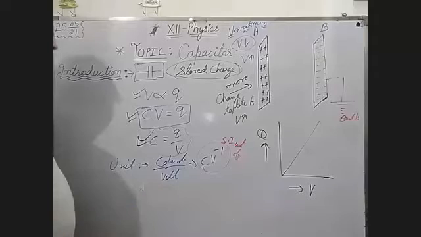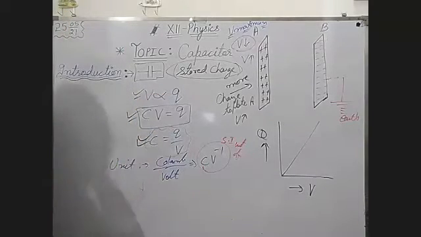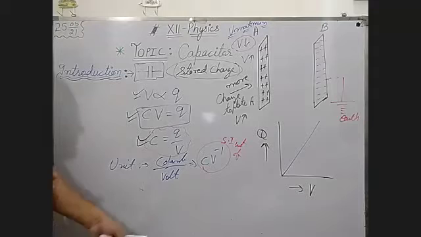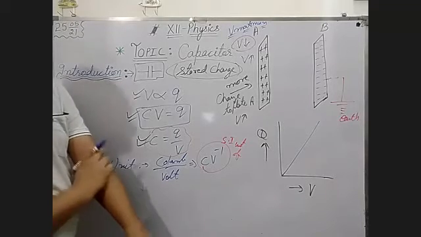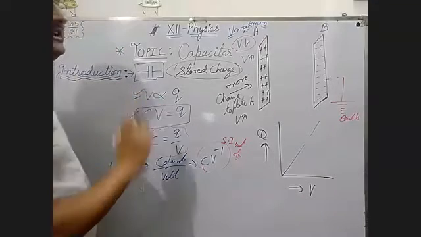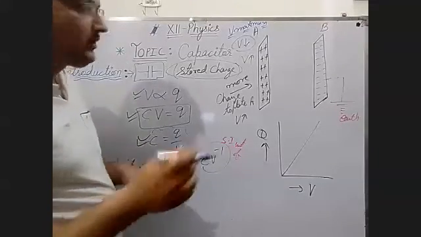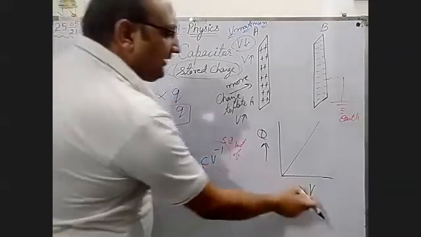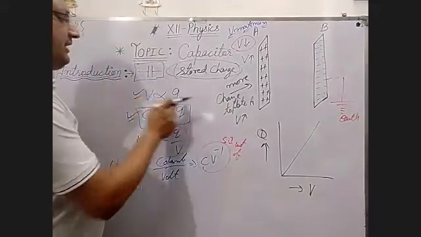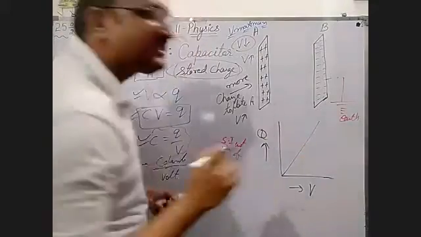Now next thing is correct. Okay, V is directly proportional to Q, not C. C is constant term, because capacity of capacitance is not increasing and decreasing. Only these two things we can increase or decrease. Now in this we can see Q and V are directly proportional, and if two quantities are directly proportional to each other, the nature of graph will be straight inclined line.